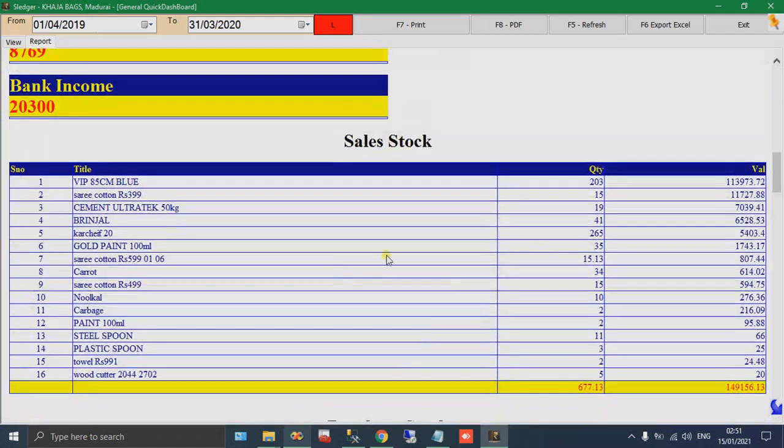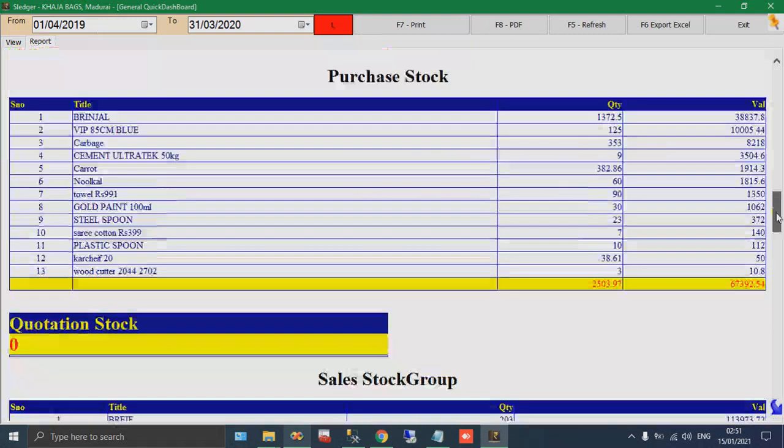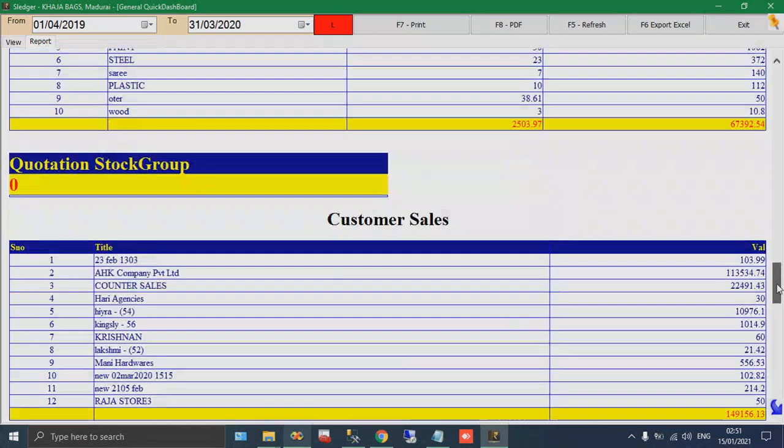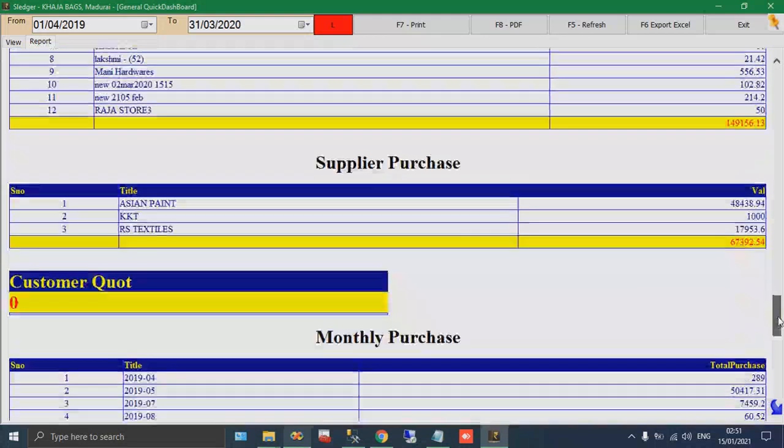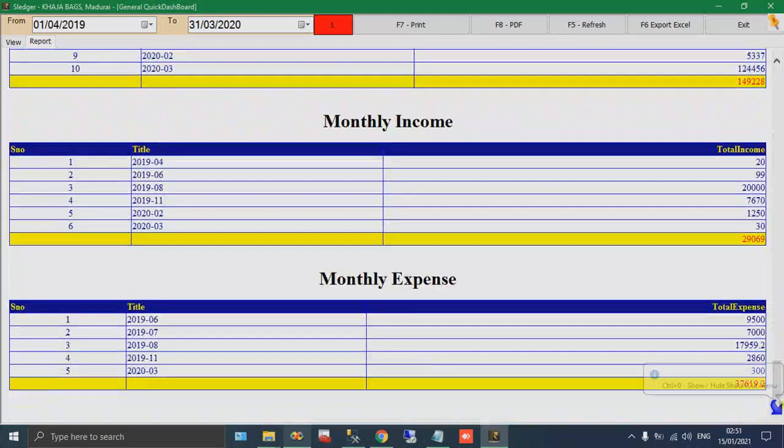If you feel there is any missing data you want to show here, just let me know. We can customize this report and you can get whatever you want. You can ask me, so things are very open now. Very new reports can be added in this software. You need not take each report separately or go to a menu. Simply come here, click refresh, take everything and simply print it. I just press Ctrl P, that's all.